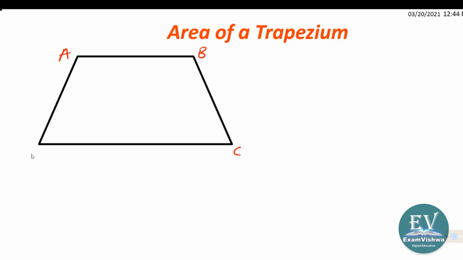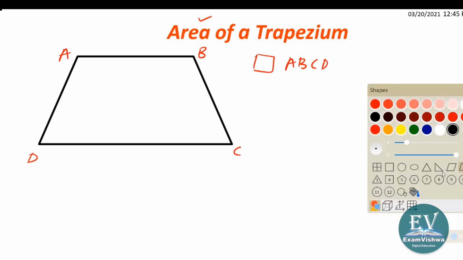It is a quadrilateral, that means a four-sided figure, so we can represent this as trapezium ABCD, and our attempt is to find out its area. Directly we cannot, because none of those formulas will be directly applicable here, so we should derive a formula. First, I am going to draw two perpendiculars within this